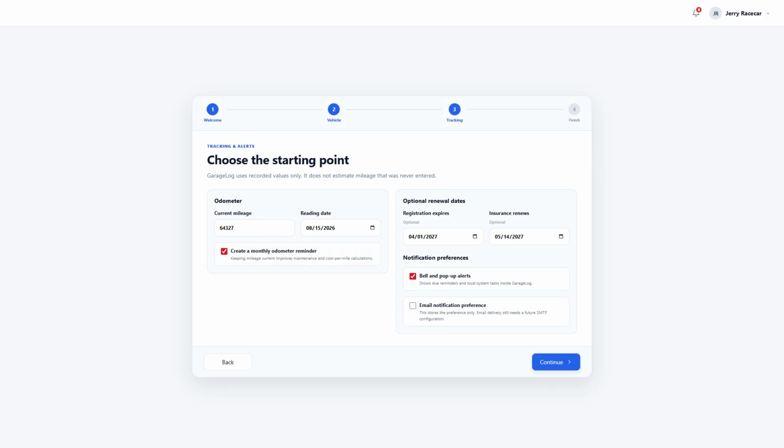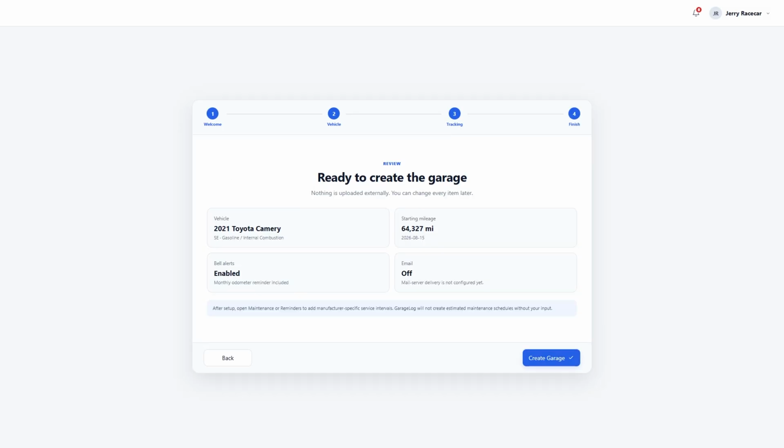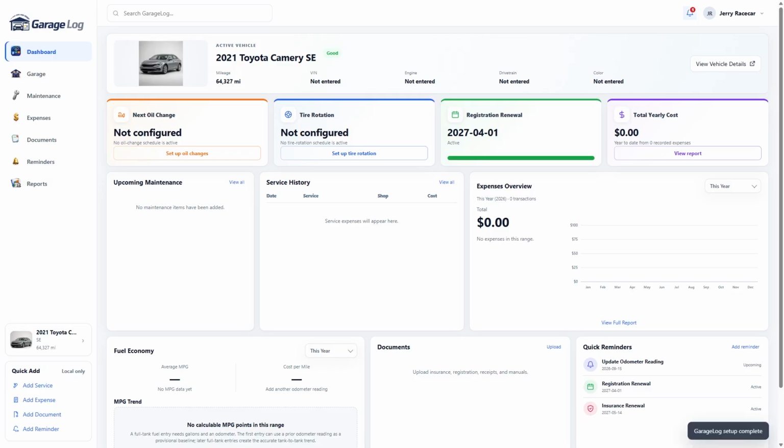And when either one of these expires, or is about to expire, I can have a bell notification, or I can get an email sent to my email that hey, this stuff is about to expire. So it'll do a quick recap here of the information I just entered, and I'll go ahead and create the